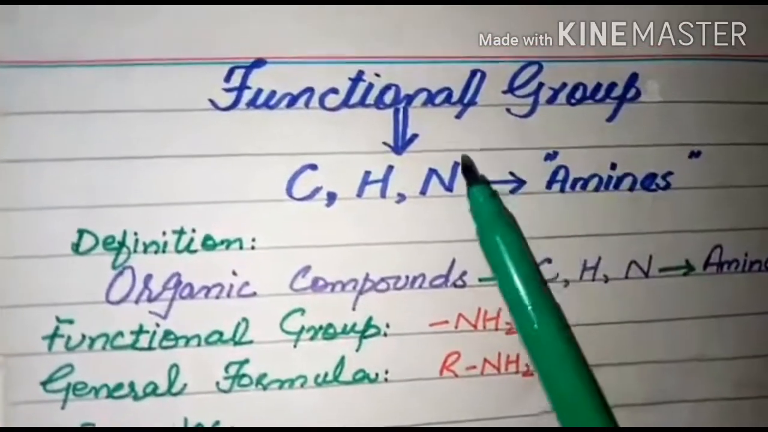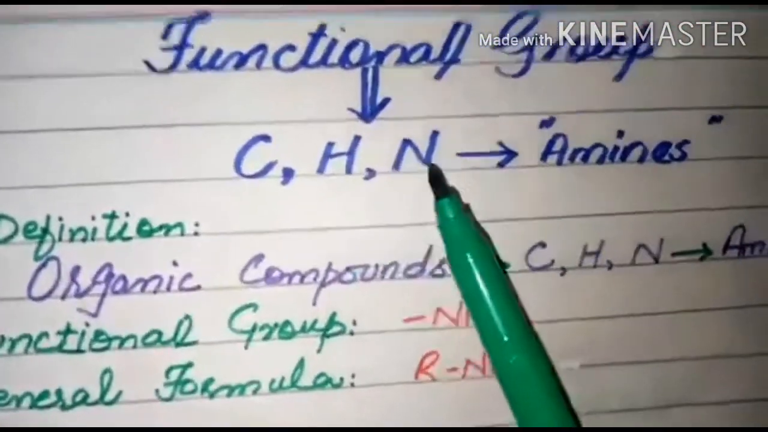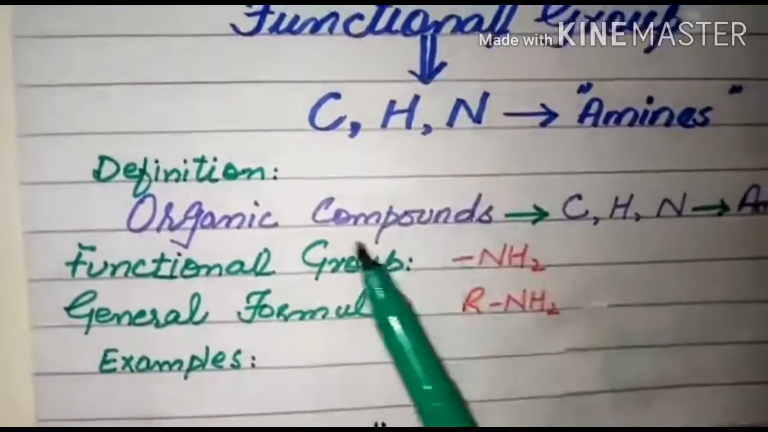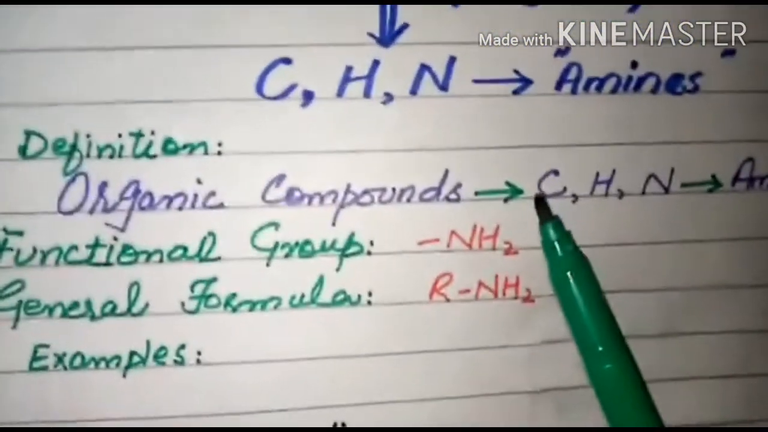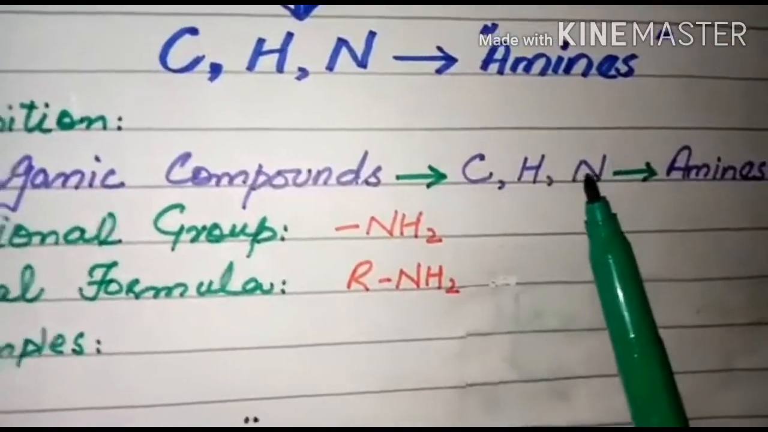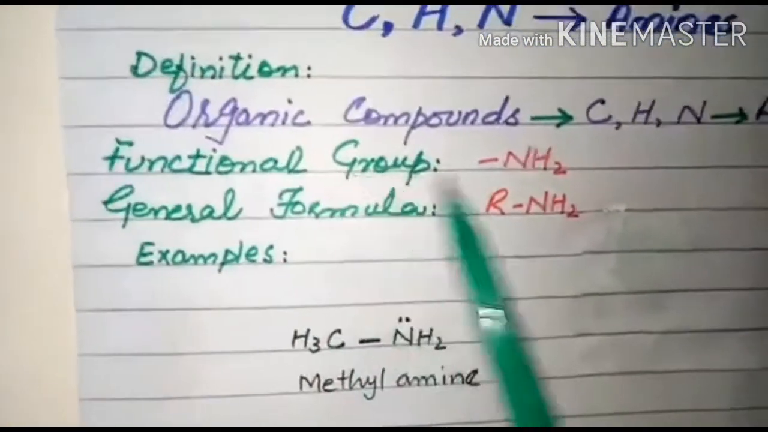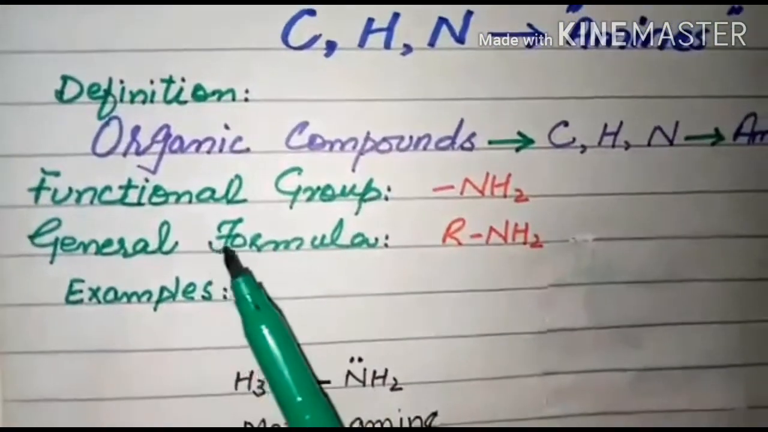Okay students, the next functional group that contains carbon, hydrogen and nitrogen are called amines. First, see the definition of amines. The organic compounds which contain carbon, hydrogen and nitrogen in them are called amines. The functional group for the amines is NH2 and the general formula is